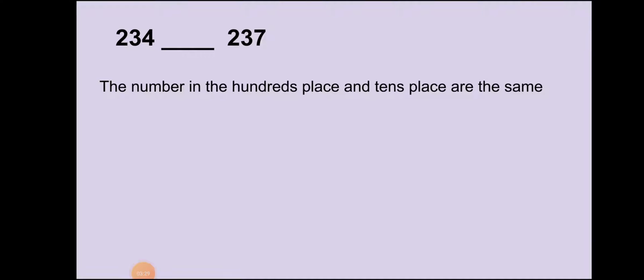Okay, now the next number, let's solve it. 234 and 237. Which number is bigger? So here, look here, students. In this number, 2 and 2, both are equal numbers. So let's see, the tens place is also an equal number, 3 and 3. So let's see 4 and 7 in the unit place. So see here, the numbers in the hundreds place and tens place are the same. So let's see the unit place number.